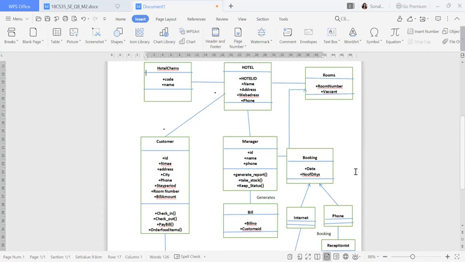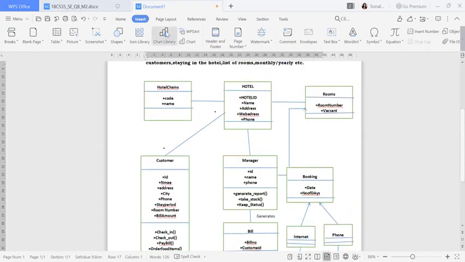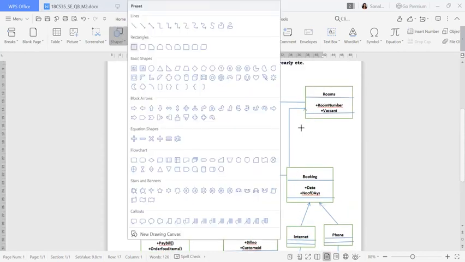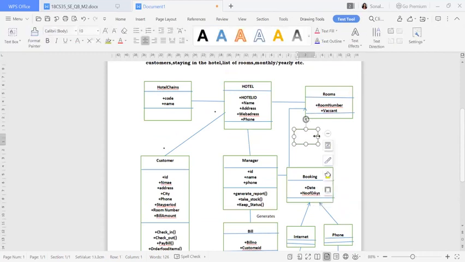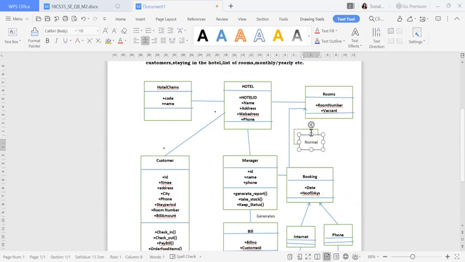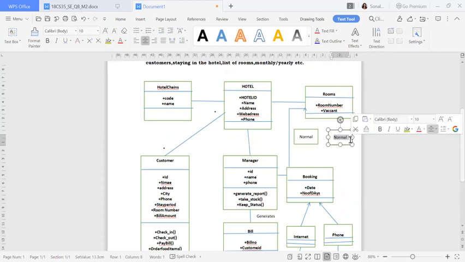Now next, there are two varieties of rooms: AC and non-AC. For that also we need boxes here, I'm keeping them small because I don't have more space. One will be normal room, and one more will be executive, so I'll write executive here.